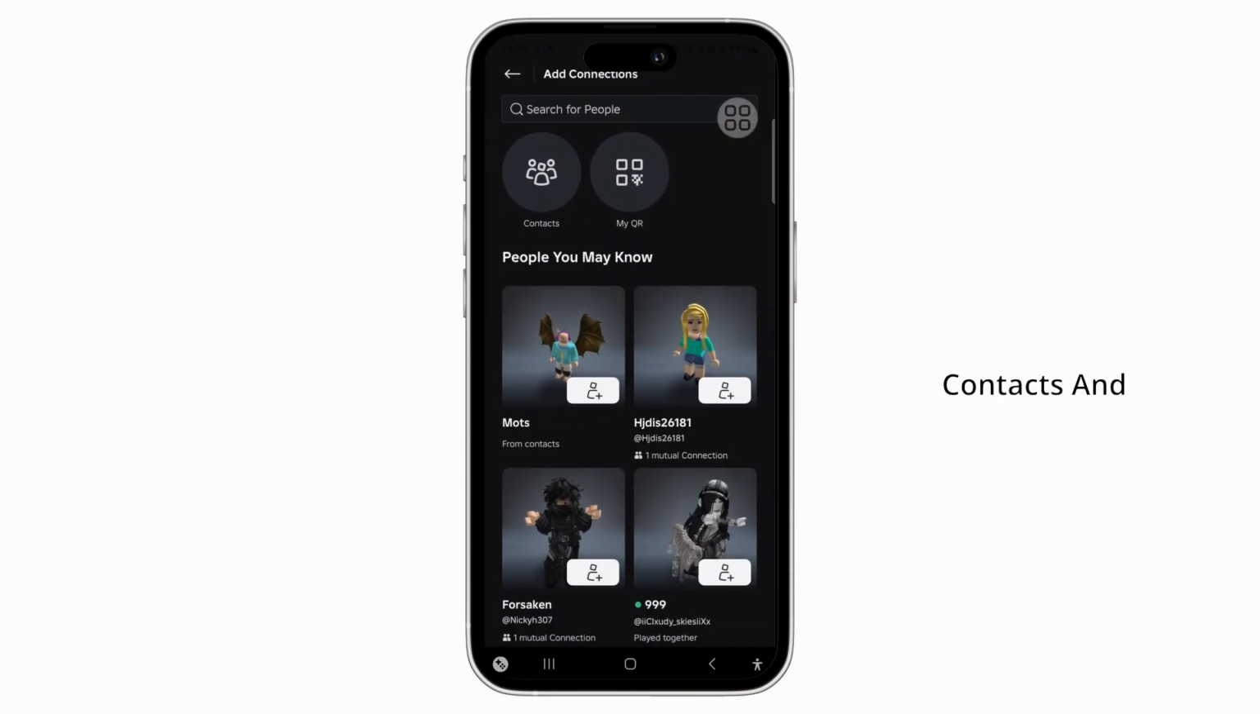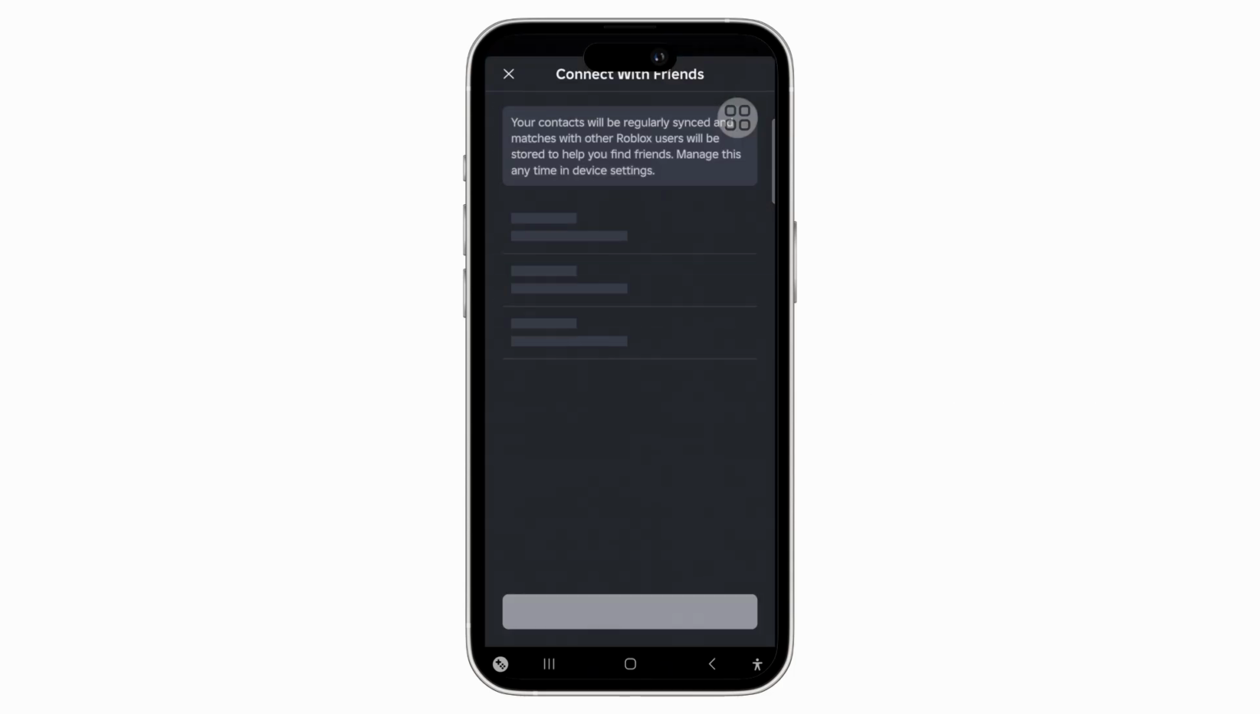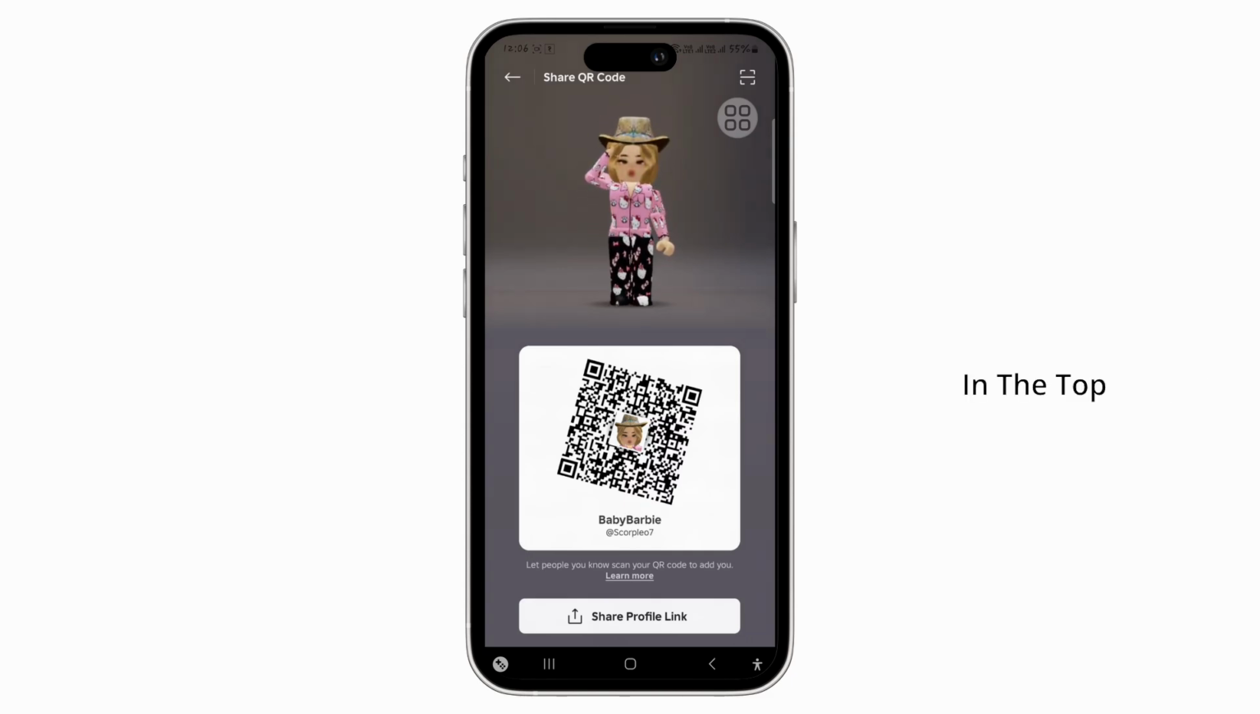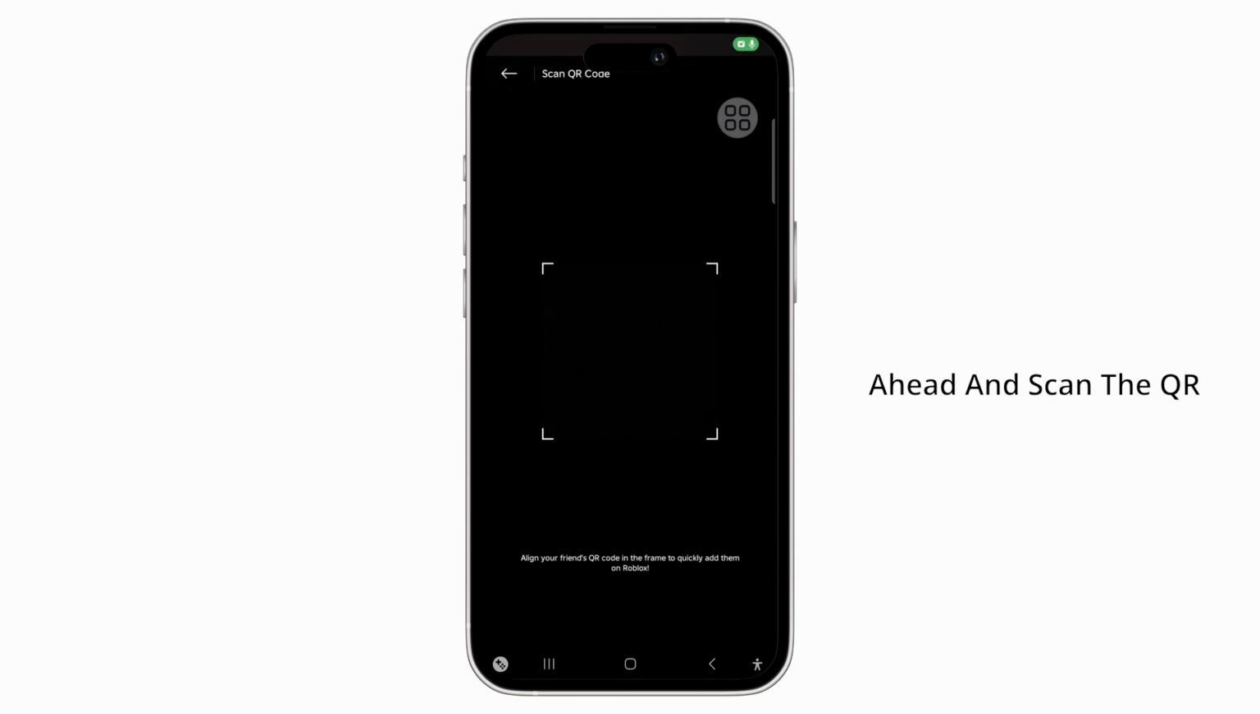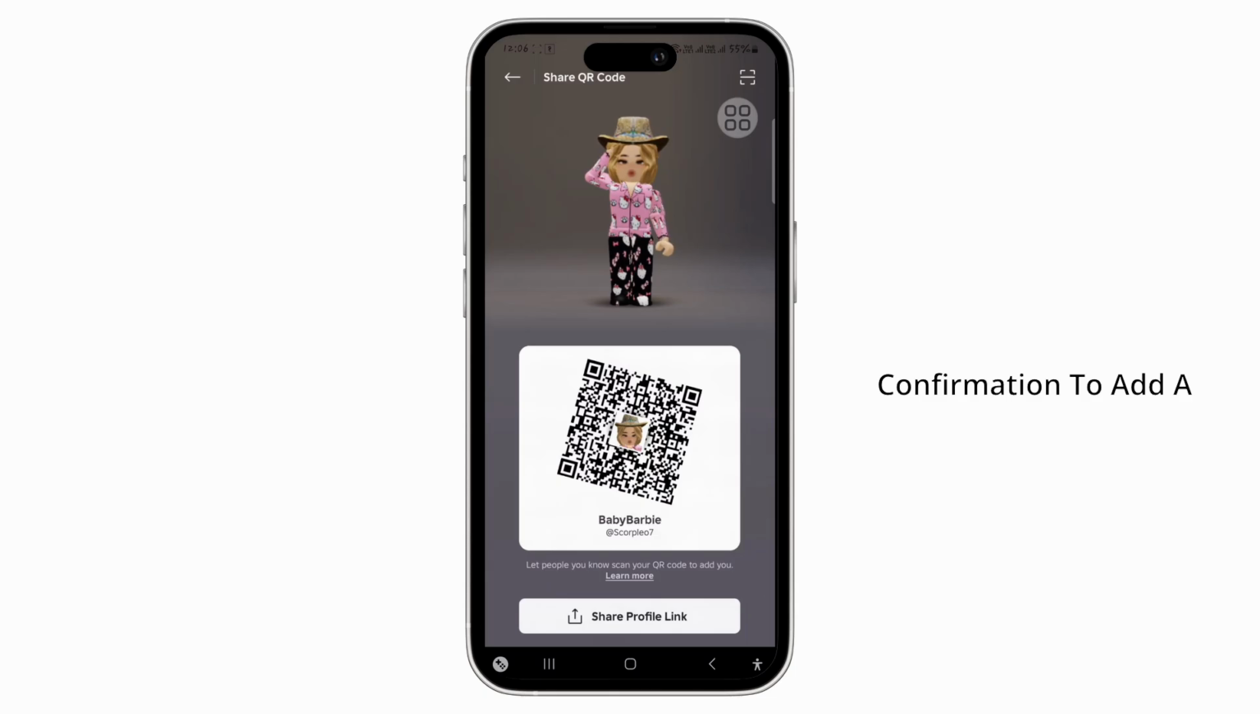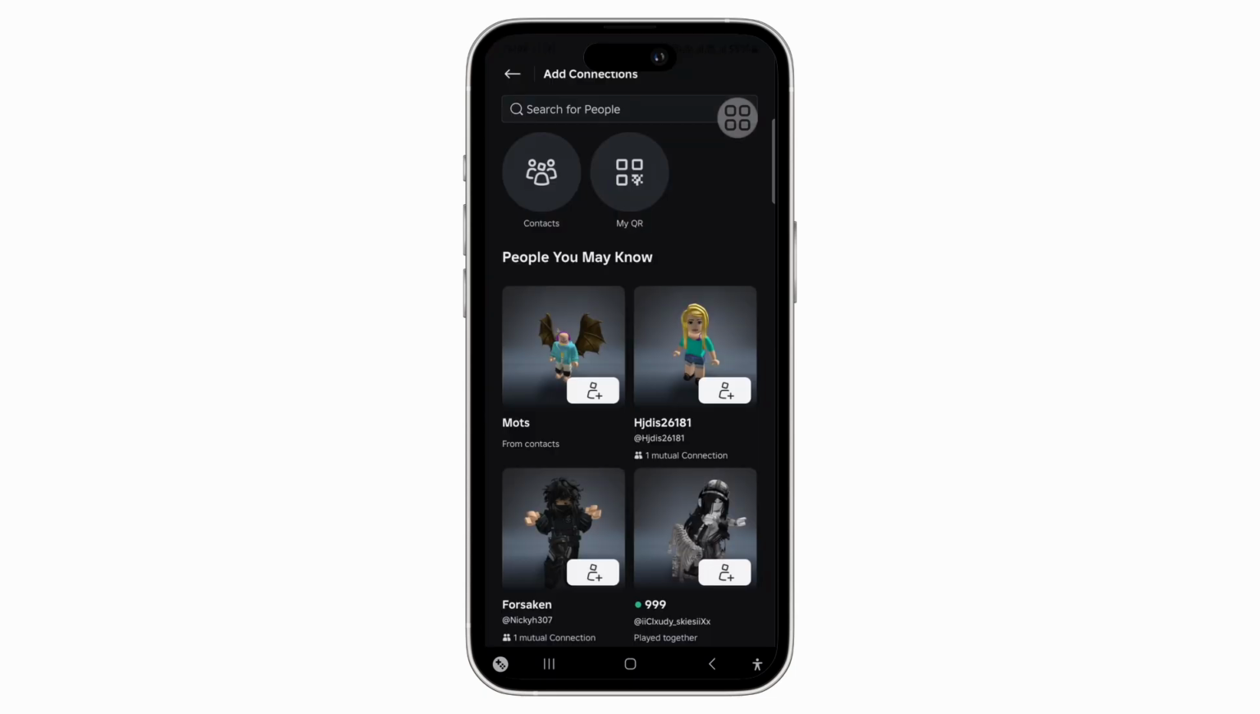Go ahead, select Contacts and allow contacts. You can tap on this icon in the top of the screen. And then you can go ahead and scan the QR code of the person that you want to connect to on Roblox. You will then see a confirmation to add a connection. Tap on Confirm, and the connection request will be sent, and the other person can accept on their device to